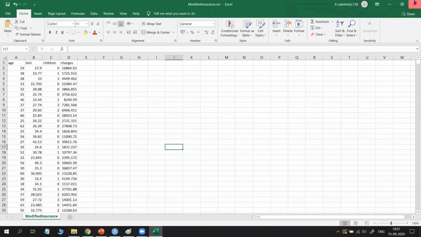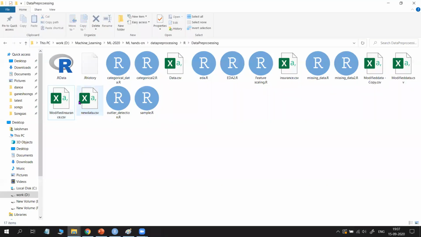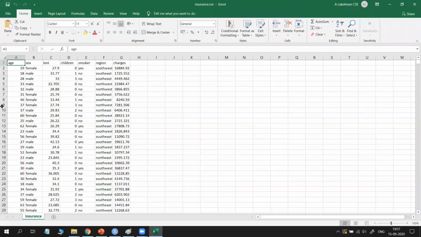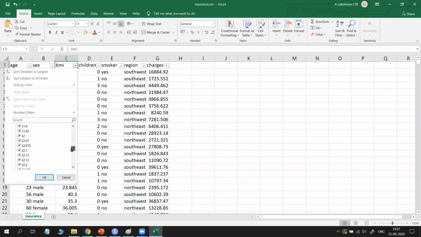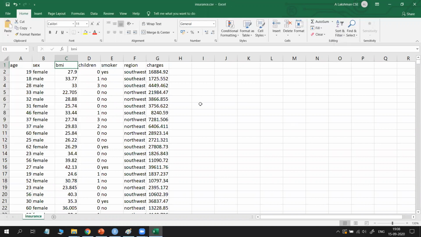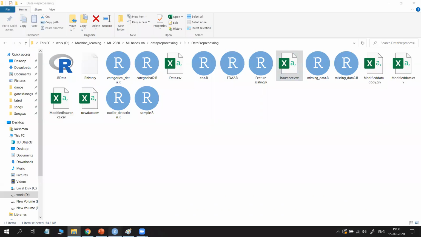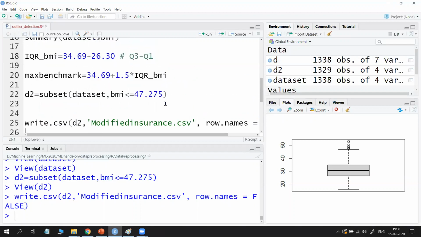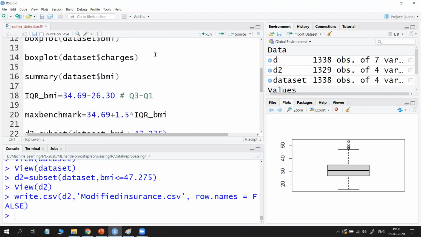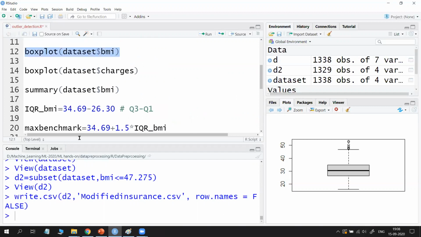Okay, and open the original data set also. What is my original data set? I used the insurance data set. So if you put a filter for your BMI variable and see the values, here values above 47 are also there. That means 53, 48, etc. are there. So simply we removed the outliers using this IQR and Q1, Q2, Q3. Similarly, after removing the outliers, once again try to plot it. You can also observe whether there are any outliers or not.